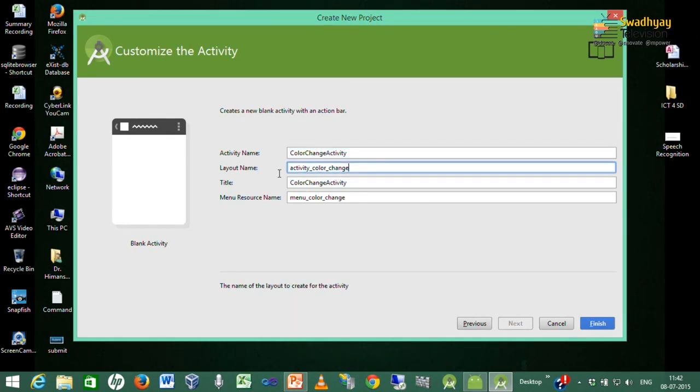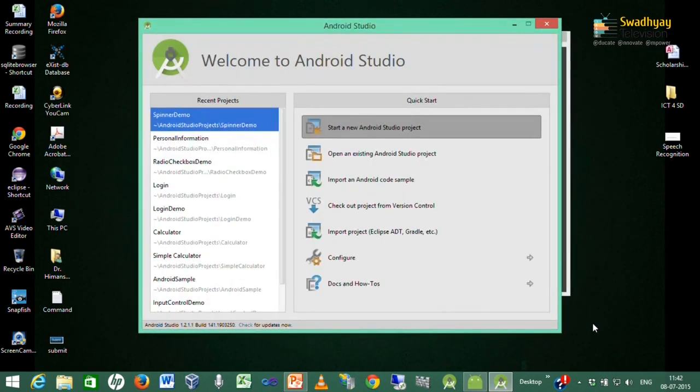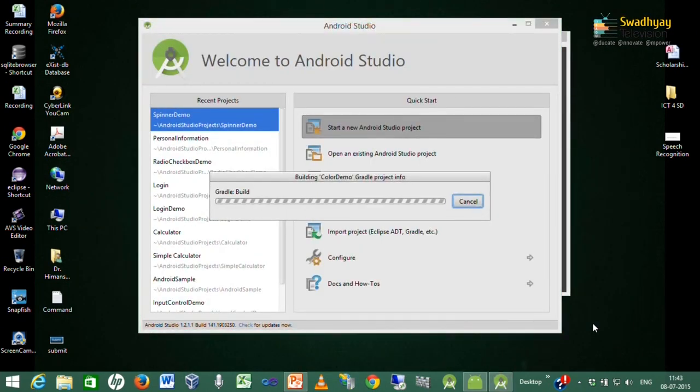Accordingly, layout name is activity underscore color underscore change, that is XML file, and its title is color change activity, and menu resource is created by default. So, we press finish to start this project. You can see on the screen that Android Studio is creating project with specific values.